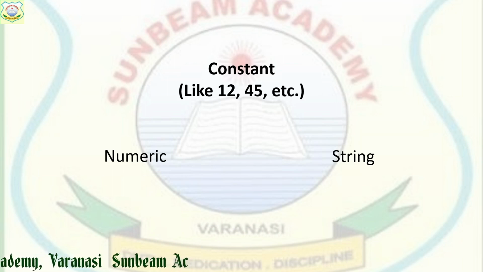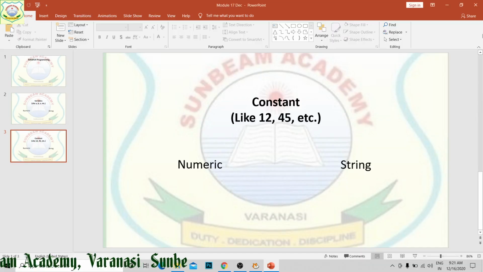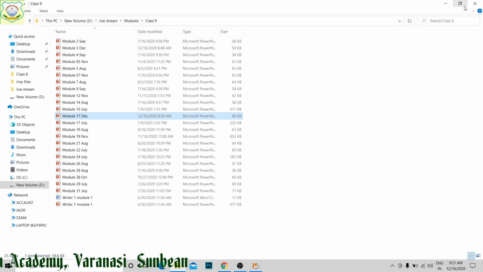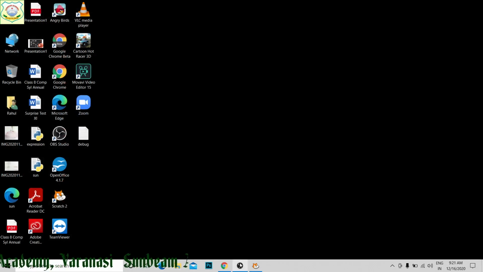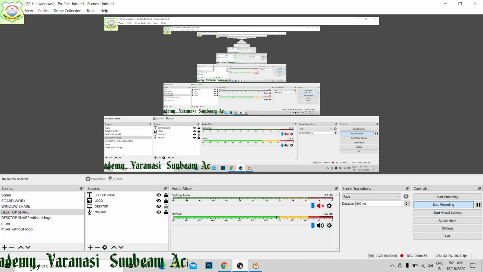They may be any alphabet, any number, or a combination of alphabets and numbers, but they must be enclosed within quotation marks, because they are fixed quantities and will never go into calculation, and these are the values of string variables. So I think, students, variables and constants are clear to you. We will go through a few example programs to tell you about numeric variables.